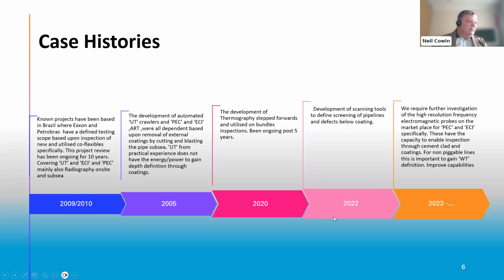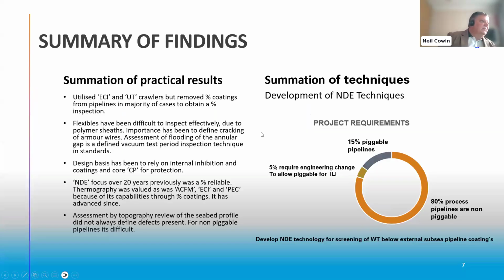So that's basically what we're asking to be done. And the further investigation of pulsed eddy current, eddy current, and I keep mentioning these because we have so much data on piggable pipelines, the percentage that is piggable, and therefore, with eddy current and pulsed eddy current, we need to develop this further, as well as ART, particularly for non-piggable pipelines, which leads me into the statement here,